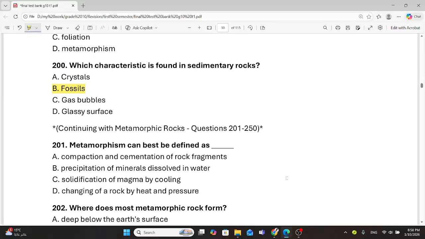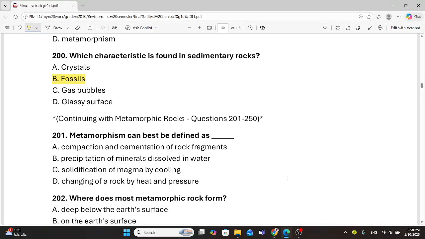201 بيقول لنا الميتامورفism can best be defined as. طيب compaction and cementation ولا precipitation of minerals dissolved in water ولا solidification of magma by cooling ولا changing of rock by heat or pressure. طبعا الـ changing of rock by heat and pressure. طيب بعد كده